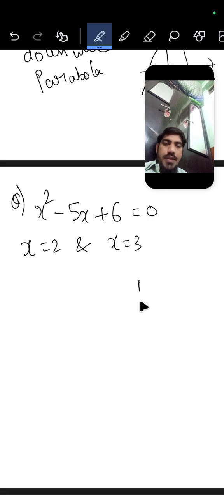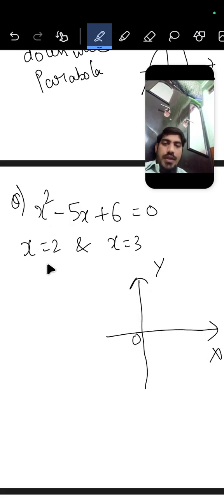It means that if I draw the graph of this parabola, it touches the x-axis at the points 2 and 3. These are the two zeros or two roots of this quadratic equation. If I see its vertex, since our a is positive, we have an upward parabola. If I see its vertex, where it will form,